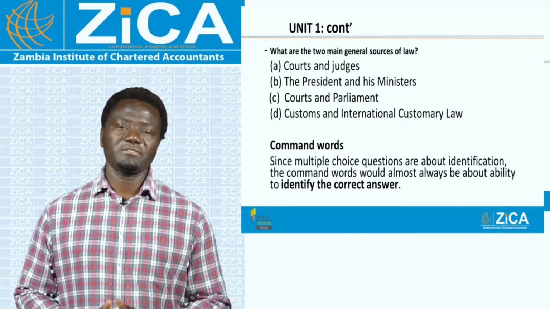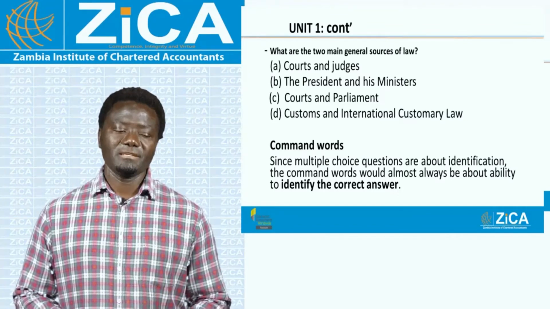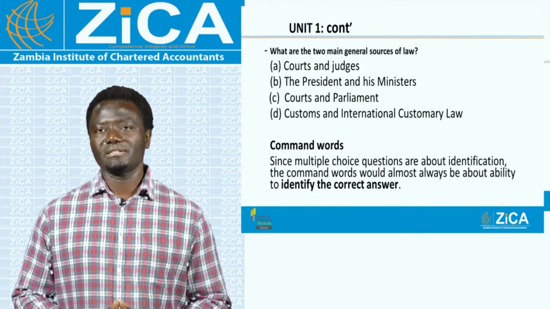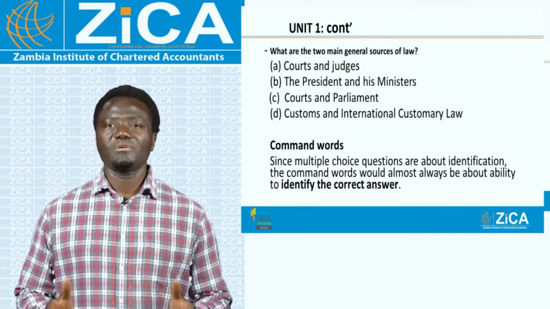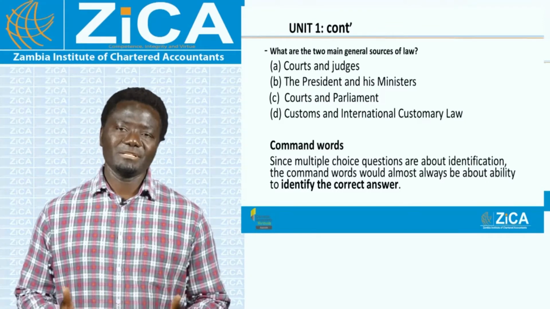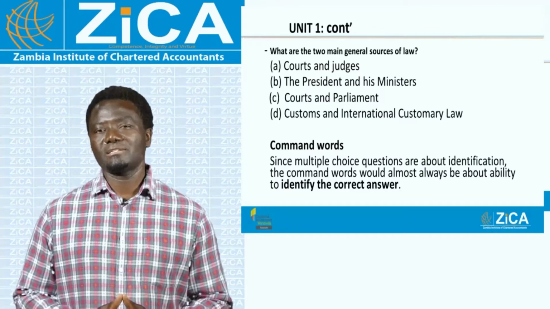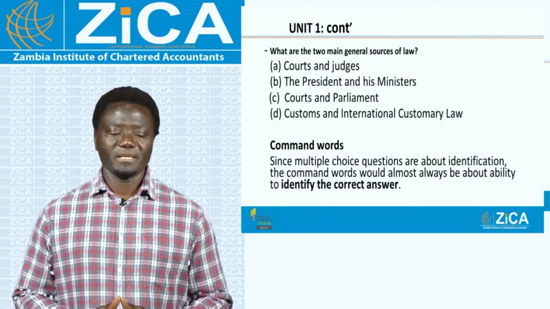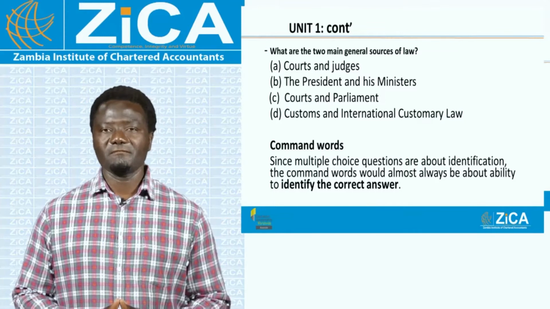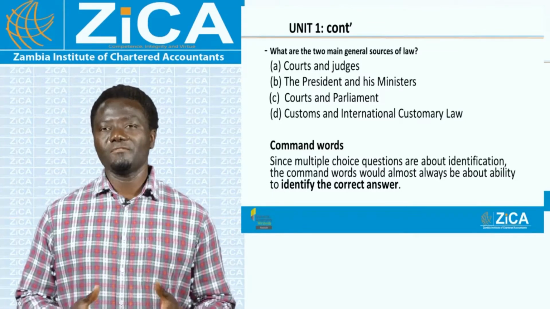So the first is failure to identify existence of a contract. Second, you're talking about failure to identify the elements of a valid contract. I'm sure you have learned from your module or from your Zika manual that there are elements that are supposed to be in a contract, and that is what we expect you as learners actually to know. Thirdly, it is the failure to identify factors that may vitiate a valid contract, meaning factors that may actually invalidate